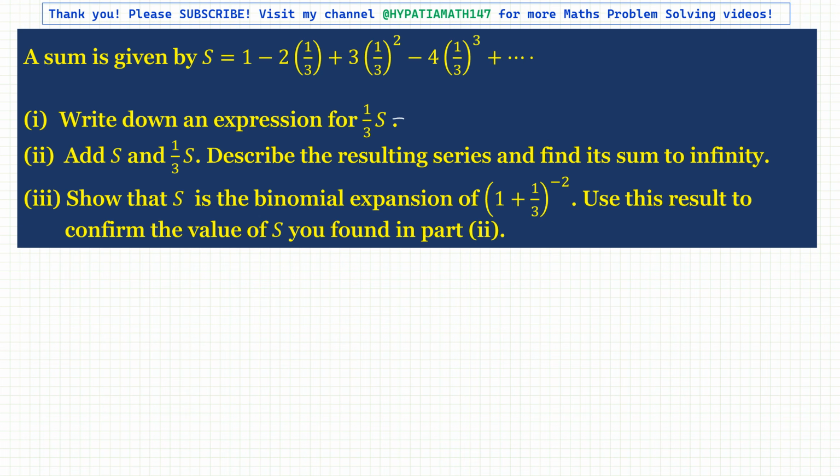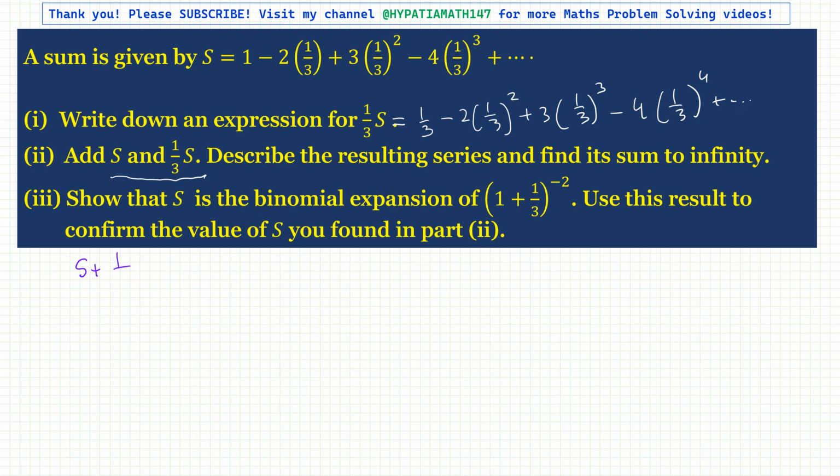if I were to write it right here, (1/3)S would equal 1/3, multiplying the whole expression by 1/3. So 1/3 - 2(1/3)^2 + 3(1/3)^3 - 4(1/3)^4 and so on. Next they are telling us we need to add S plus (1/3)S. So S + (1/3)S, of course, is 4/3 S, and that equals